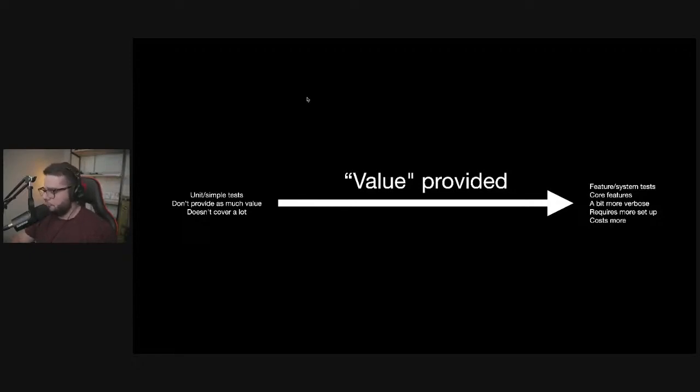They're faster. And on the right side, you have the feature and system tests that are more complex. Sometimes, for instance, you have Laravel Dusk, which involves a browser. There are more variables. You have to write more code in your test. Usually, it requires more setup, so you have to really set up a scenario. If you have an e-commerce site, for the checkout page, you're going to have to set up a user, some products, a billing address, a fake payment gateway, all of that stuff. And they take a little bit longer to write, but they do provide more value in the sense that they test more things. So you can have lots of unit tests, and maybe your checkout doesn't work, but you can have feature tests for the checkout, and you can make sure the entire feature works.